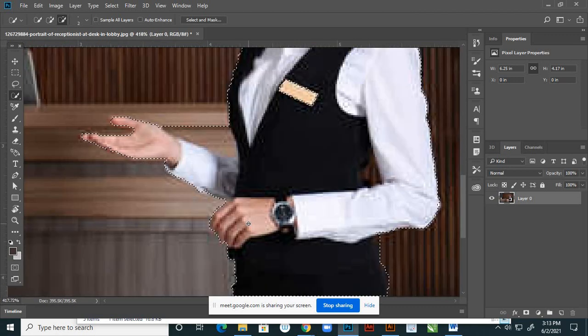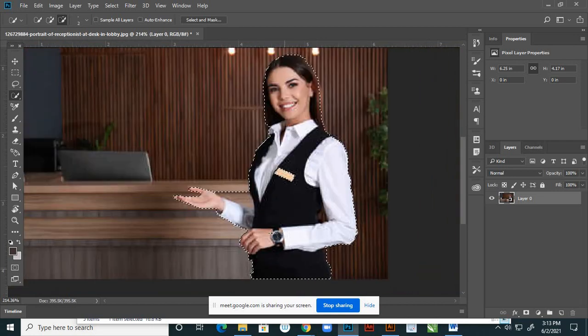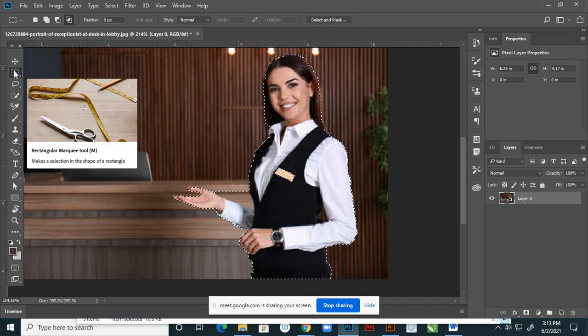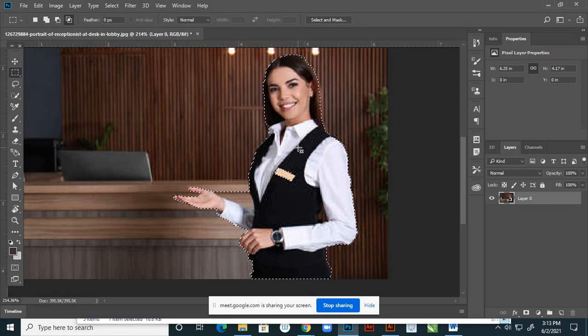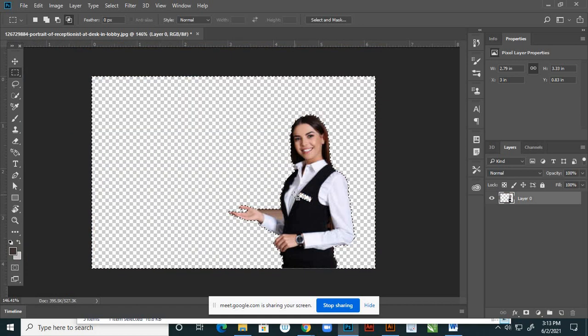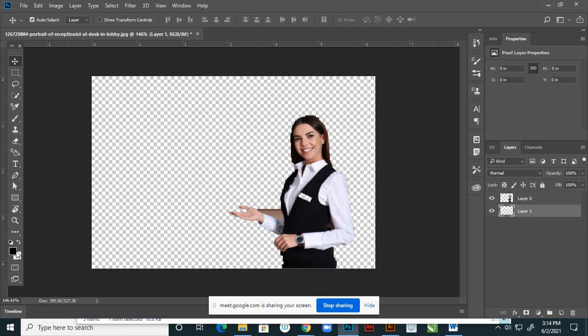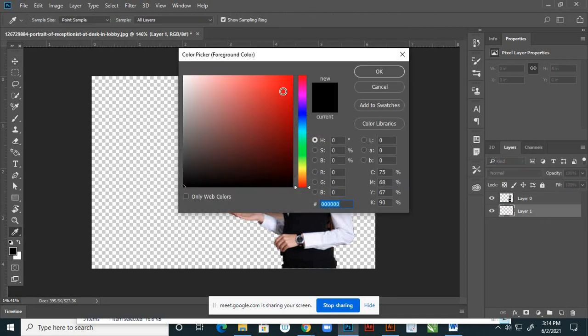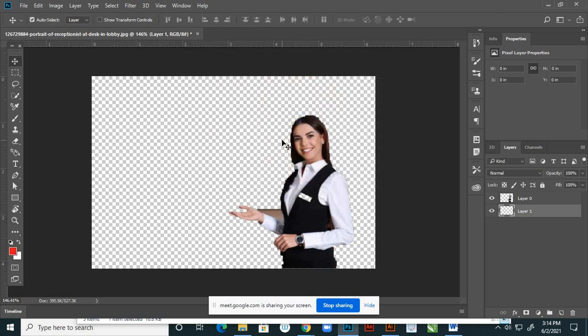Right, good. So again click on the rectangular marquee tool, right click and select inverse and cut, delete. So deleted, and Control D and deselect, right. Then give a layer here to check whether it is properly cut or not.